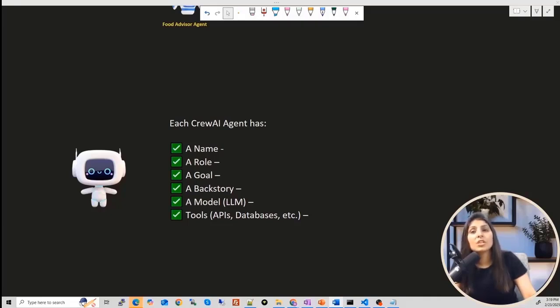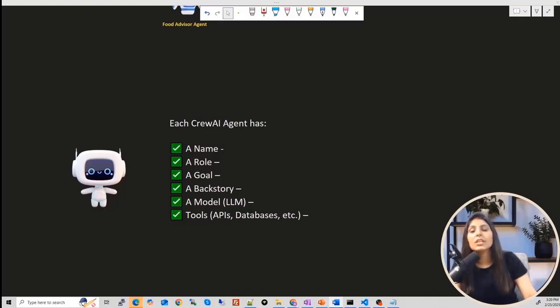And then each agent will have a goal, means what is the aim of that agent which it is trying to achieve. So for example, the goal of a travel agent can be to find the best travel deals. And then each agent will have a backstory which will provide the context to that agent.